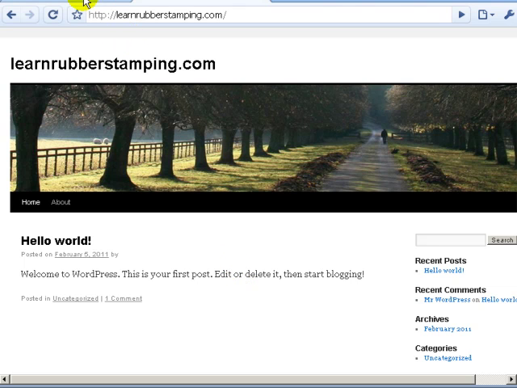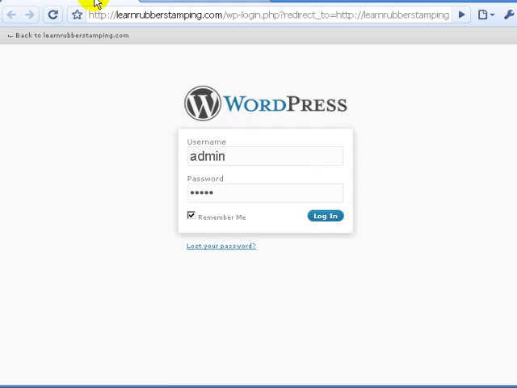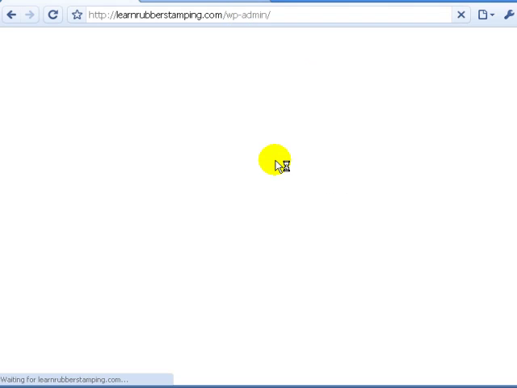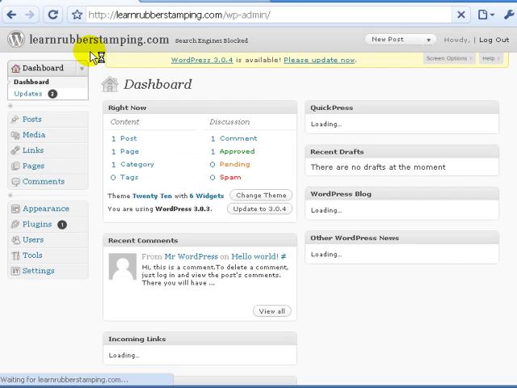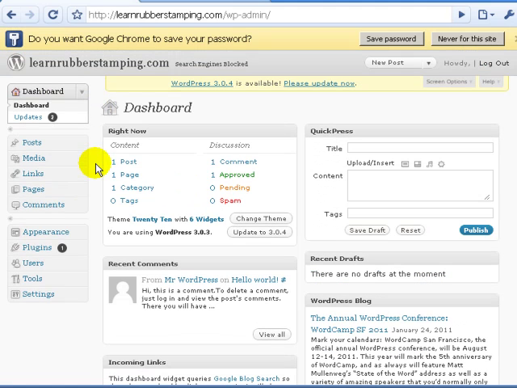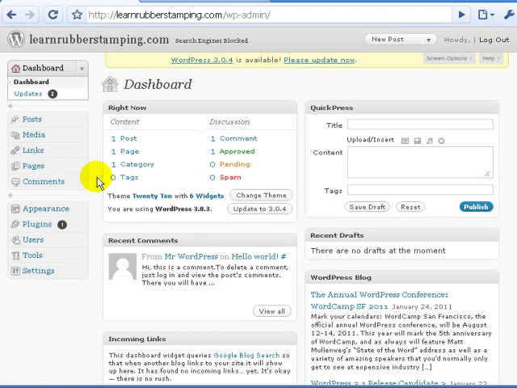So there are 2 things that I want you to do. First, you need to go to your WordPress blog, wherever that might be. Usually it's at www.yourdomain.com/ whatever folder you installed it in, and you put wp-admin, you'll get this page here. And then you'll want to log in to the site. This is your WordPress dashboard, and it's the location at which we'll activate the plugins,